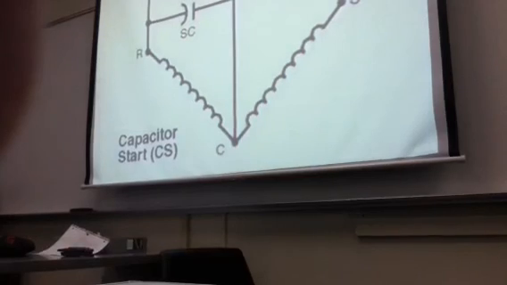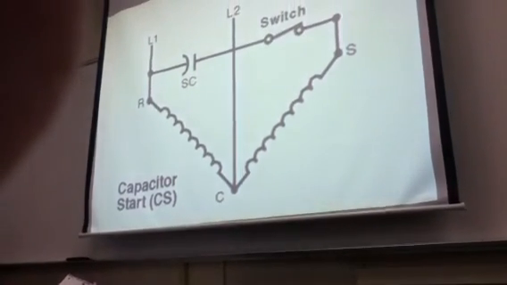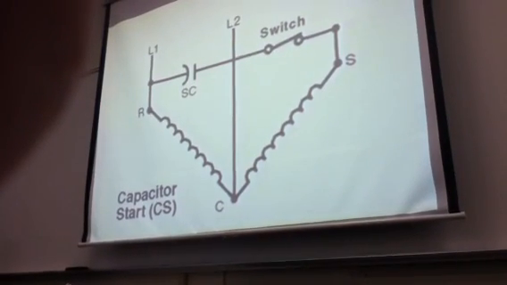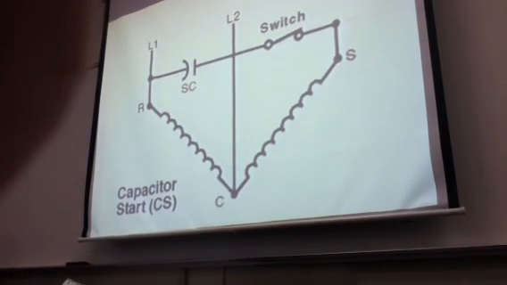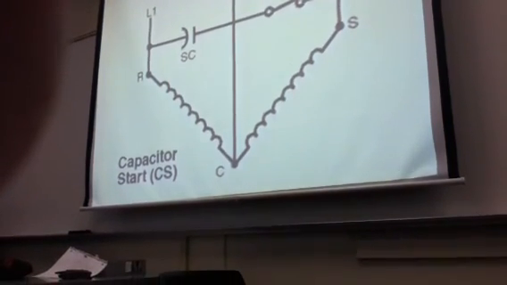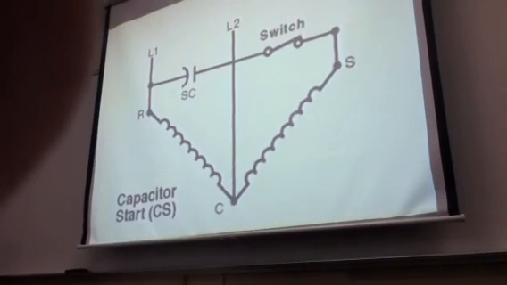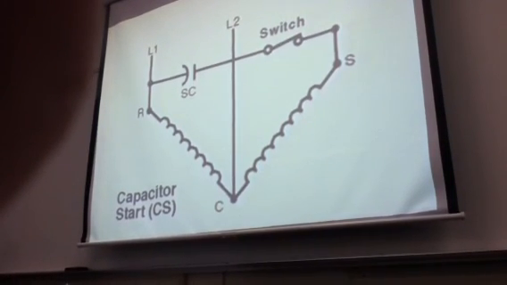The capacitor start motor has a high starting torque, but is not as efficient as the PSC motor. It is used primarily as a fan motor. The reason for its lower efficiency is that the capacitor is switched out of the motor circuit